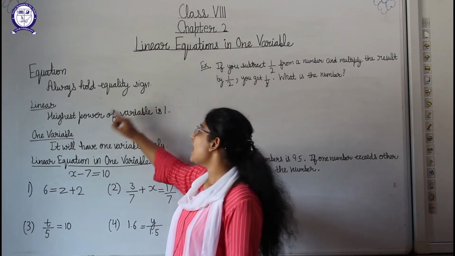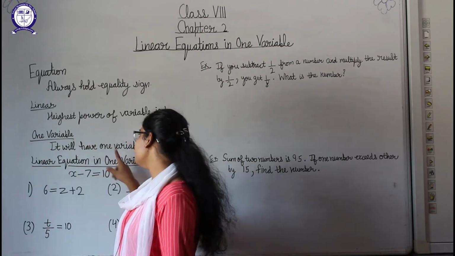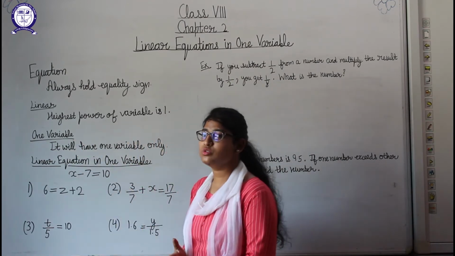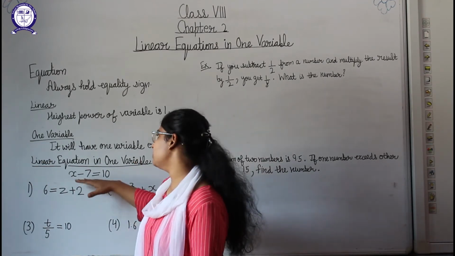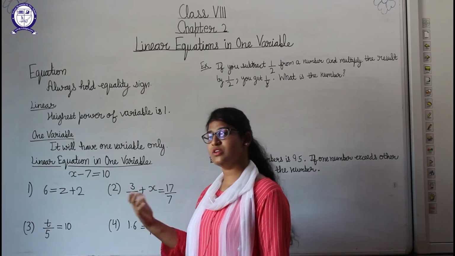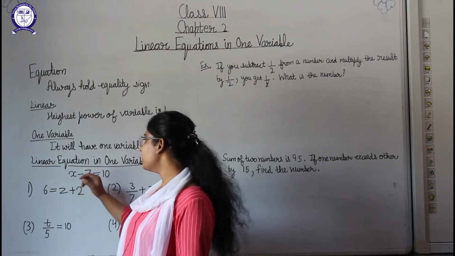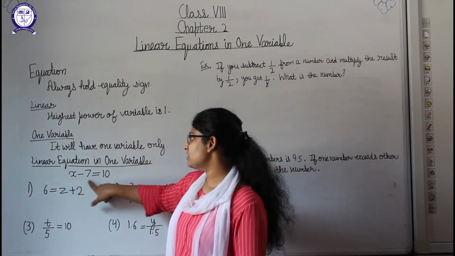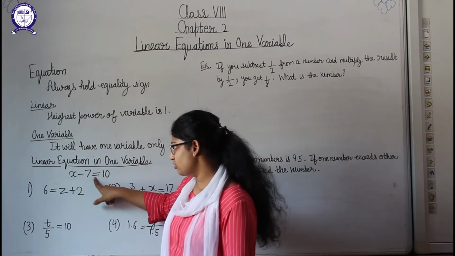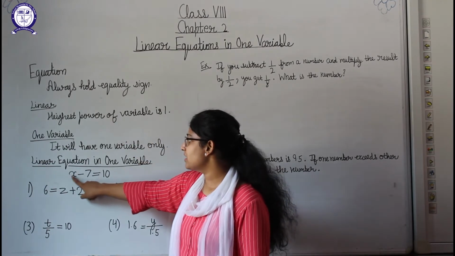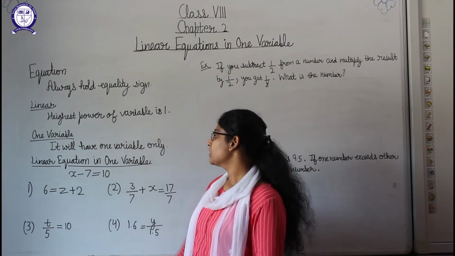Okay, now as the name suggests, one variable, so it will have only one variable, meaning if x is used in the equation, then only x will be there in the equation. If y is there, then only y will be there. If z is there, then only z; if a, then only a. Like this, any alphabet, but there will not be two variables, there will be one variable only. So in this, if we see, here is one variable x only. So this is the linear equation in one variable. It holds an equality sign, the highest power of the variable is 1, and also the variable is one, meaning only x is here. Okay, so this is the linear equation.